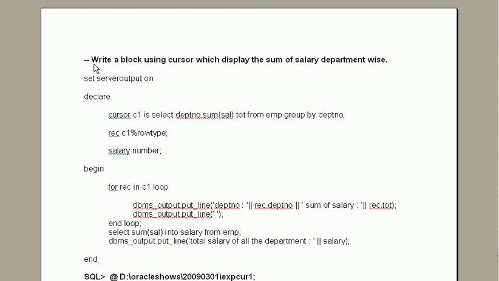In this question, we have to write a block using cursor which displays the sum of salary department wise. So we know what the query is to find the sum of salary department wise.